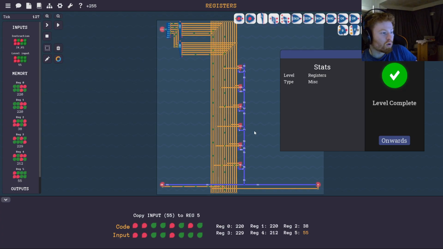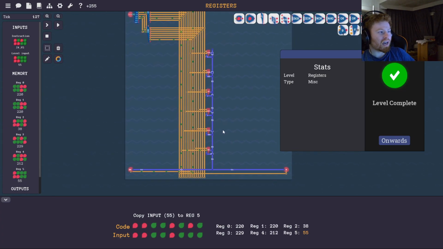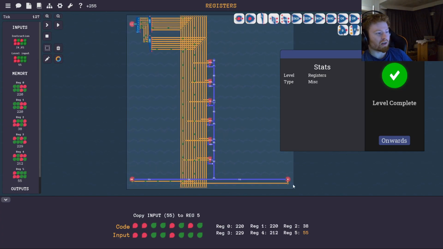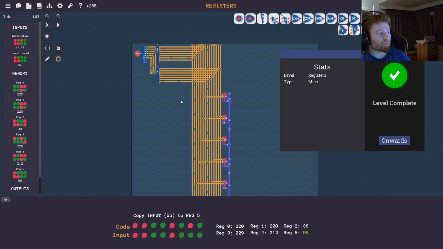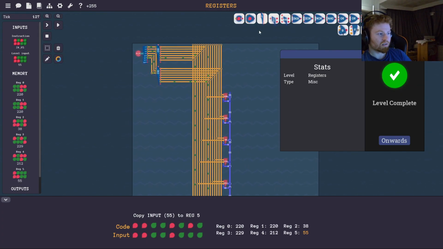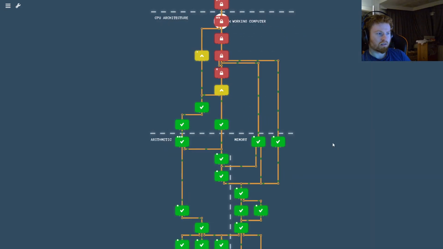As I said, though, it would be far more compact if I could move my components around, because these don't need to be so far apart. This doesn't need to be all the way over here. The whole thing could be compressed up into like a box up here. So the question is,